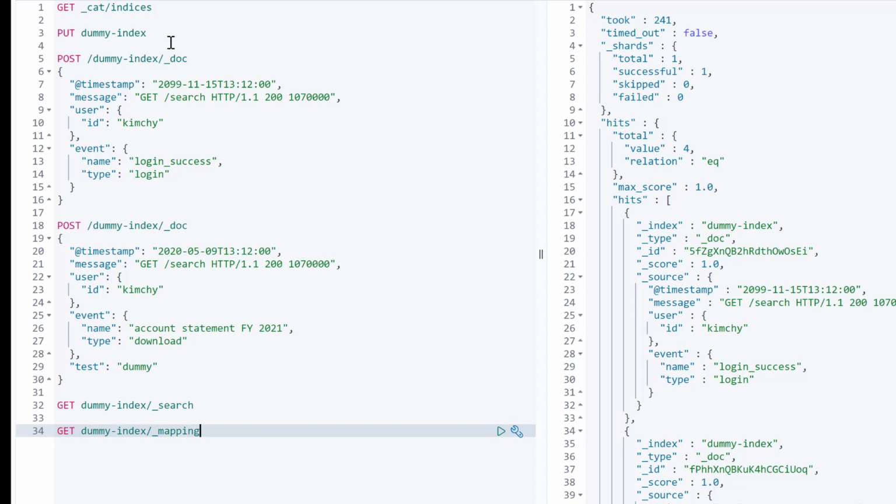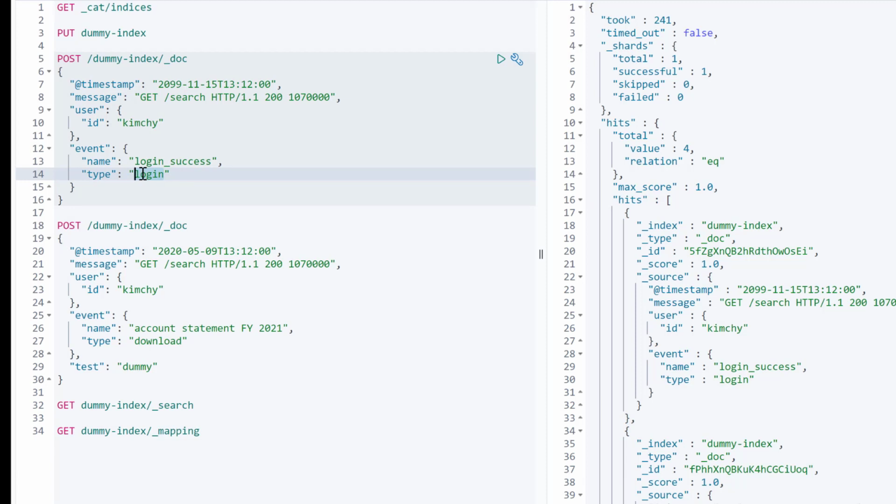So till now we were able to create a new document, create a new index, and get all the top 10 records. Now what if we want to get some query specific records? For writing search queries, for example, our target is to get all the documents that have type as login.